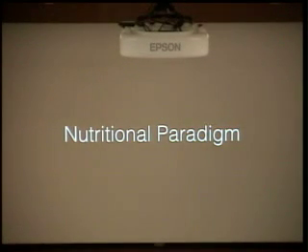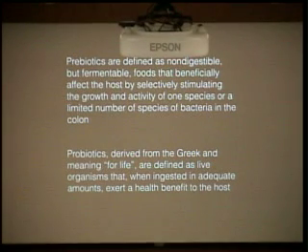So how do we try to manipulate this and make it better? Well, one is a nutritional paradigm. And we've looked at prebiotics and probiotics to try to restore this microbiome because really we're talking about the gut. Remember, 80% of your immune response comes from the gut itself, and probably 90-something% of your inflammatory response comes from the gut itself. And there's reasons for it. That's where the bacteria are for the most part.